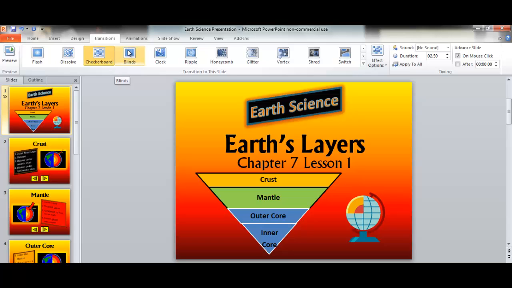Now keep in mind, when you select a transition, you do not want your PowerPoint presentation to become overwhelming with the amount of different transitions that you have. So I would suggest that you stay with one main transition from slide to slide. At most, I would say 2, just to try to keep it consistent. For my PowerPoint presentation, I'm going to click on